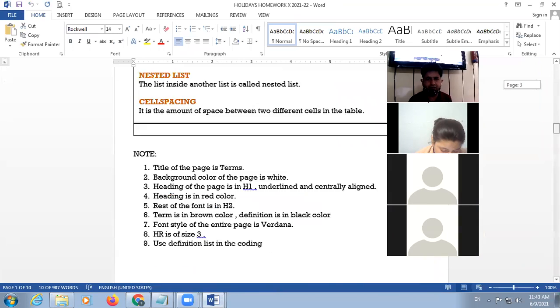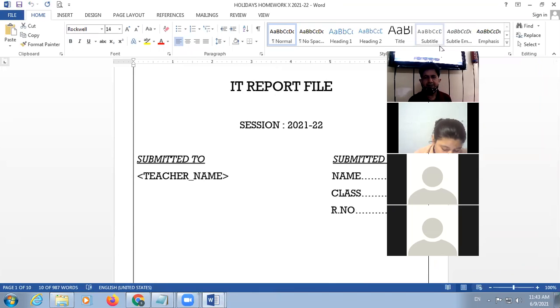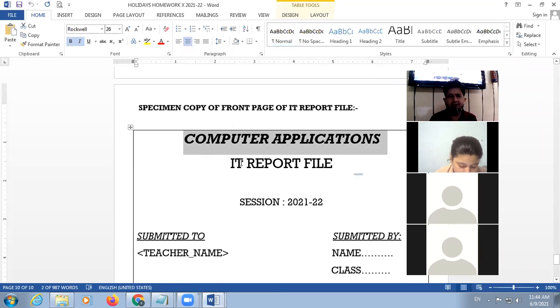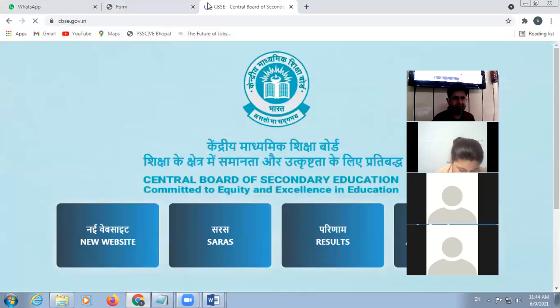Title page, the first page of your file. Look at here. Here is computer applications, name of your chapter, and this is report file. I think it is not an IT report file. I am just checking. This is in your CBSE curriculum.